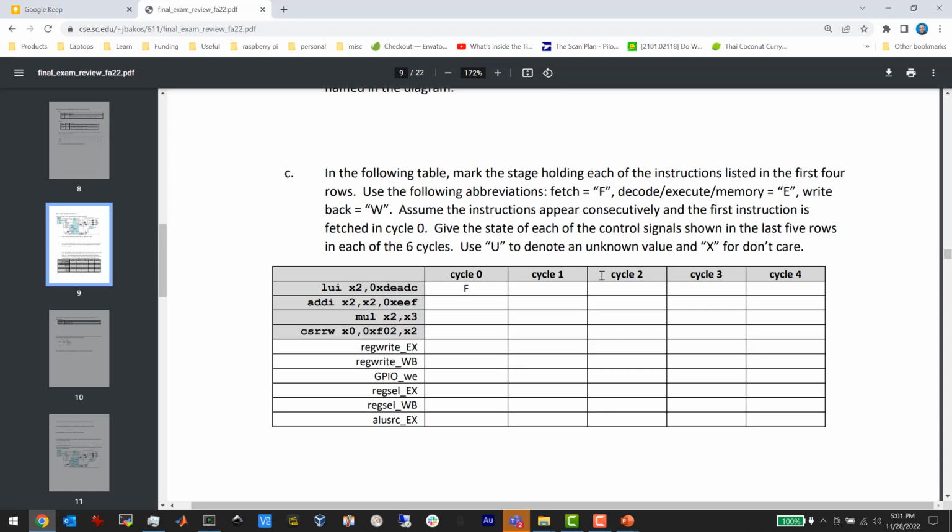So once you have this row filled in, the next row is easy. You just take whatever is up above it and shift it to the right by one column, right? So you don't even have to look at reg write, same thing with reg select EX and reg select WB. These are the same things, except reg write WB is one cycle delayed, right? So all you have to do in the table is just move it one column to the right, because each column is a cycle. Okay,